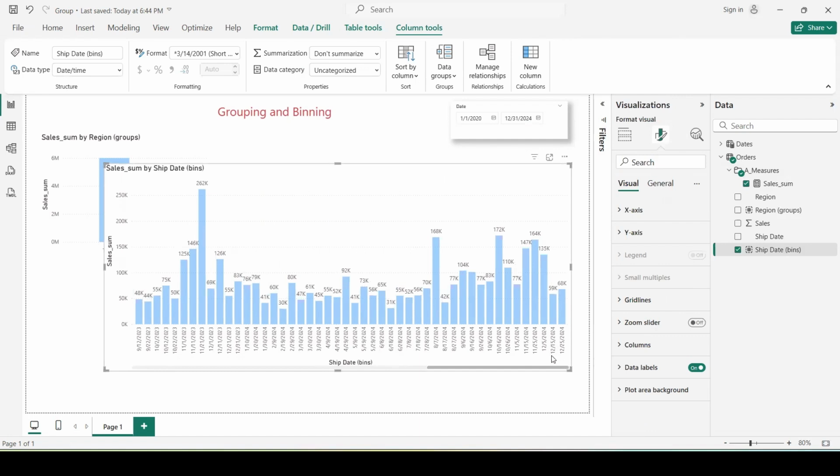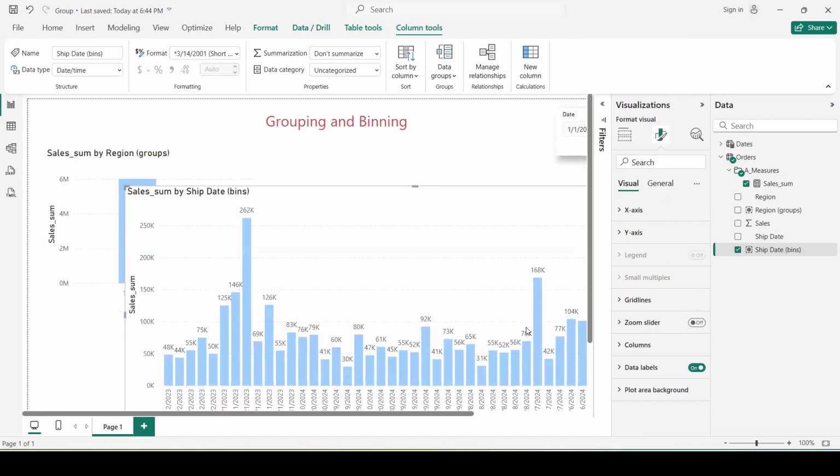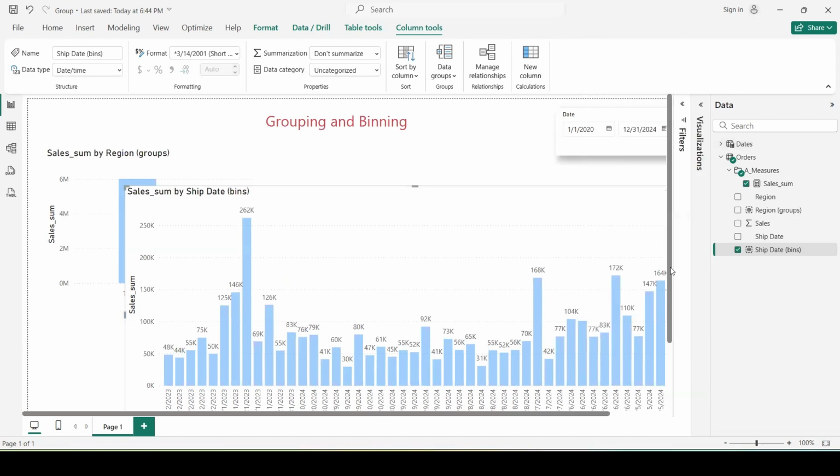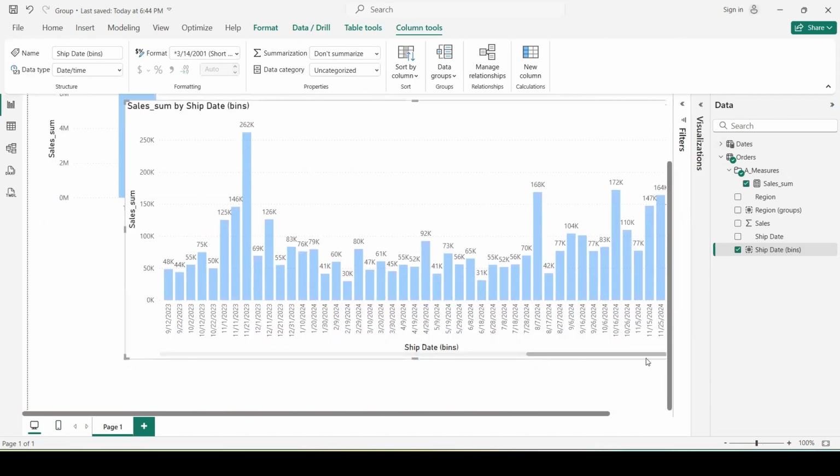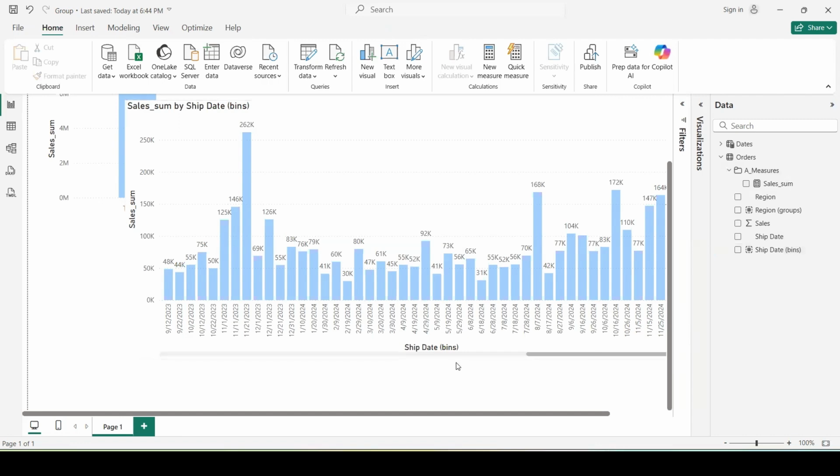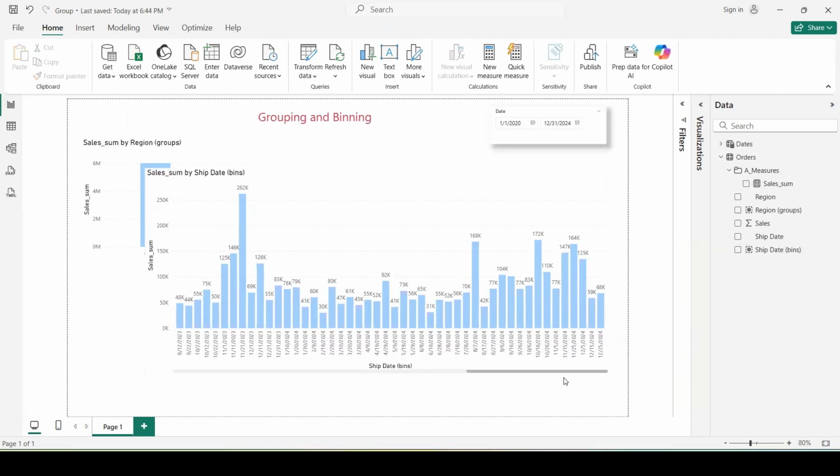Let me just zoom in. So as you can see, we have 15 November, 25 November 2024. So there are 10 days, then I have 5 November and then 15 and so on. So the difference is 10 days, as we just set it for our ship date. We can see from 18 to 28 and so on.